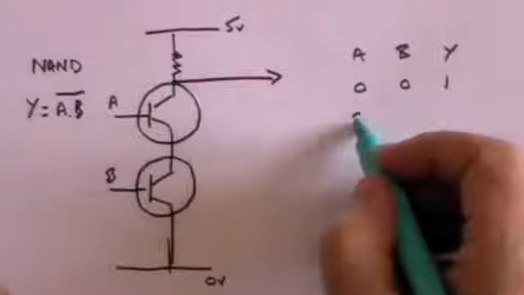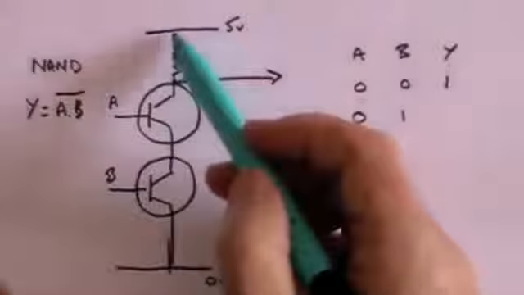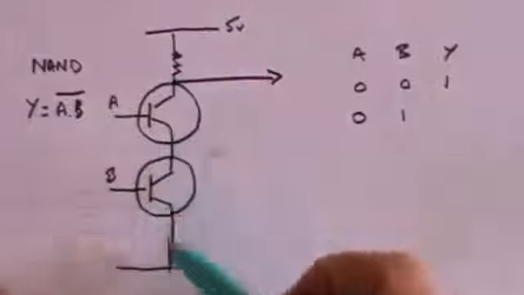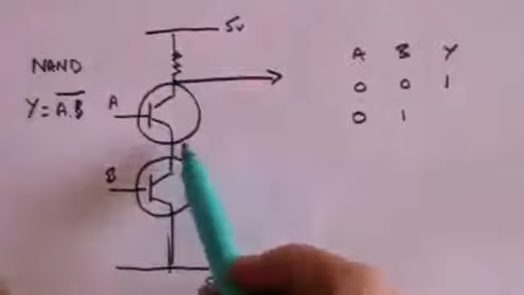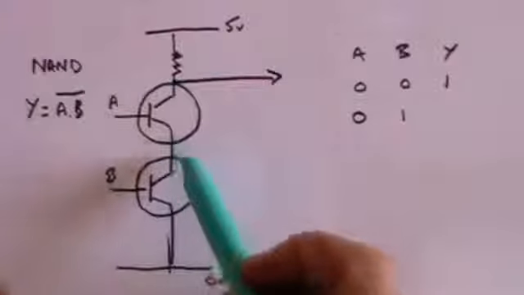What happens if A is 0 but B is a positive voltage? Well, the current still can't get down because it can't even get past the A transistor, let alone go through the